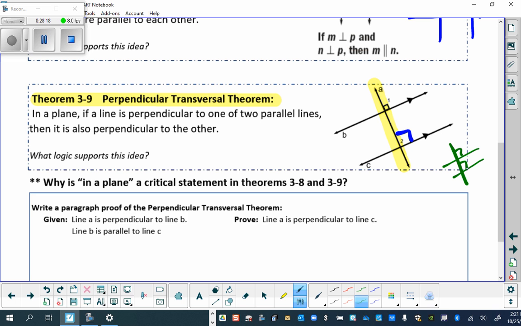Yeah. The converse of which one? If any of these congruent or supplementary relationships exist, then the lines are parallel. So all your same relationships, alternate interior, alternate exterior,